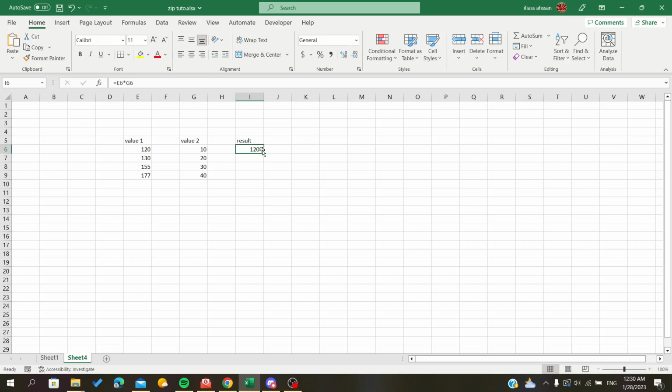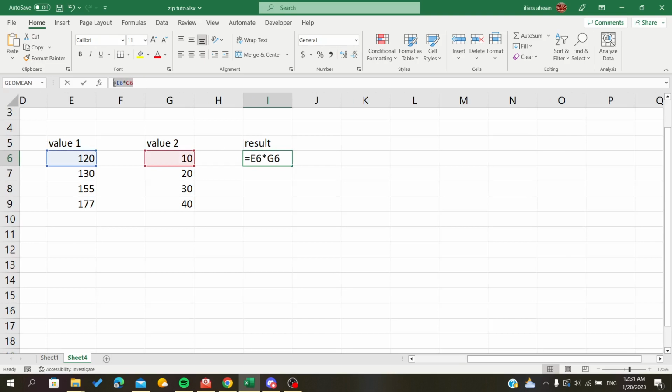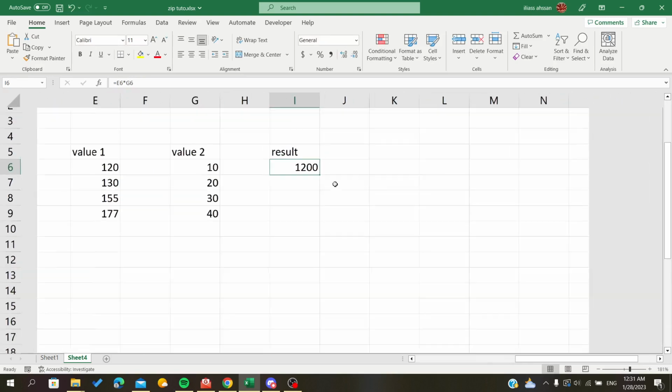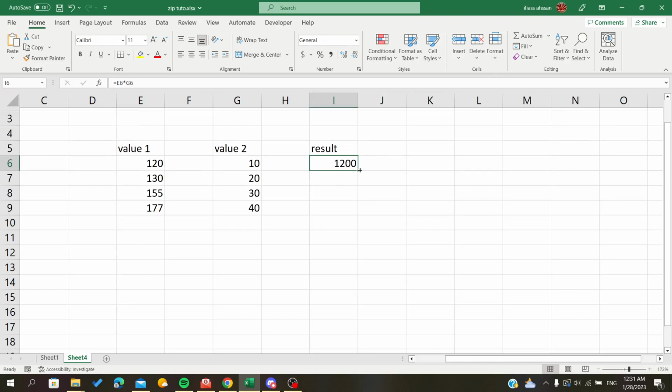1280. So to fill down this formula, all you have to do is go to the corner of the cell that contains the formula. So this is my cell that contains the formula. I'm going to the corner where there is this little green square and wait until the cursor becomes a black plus sign, and then I will just click and drag all down my column wherever you have data